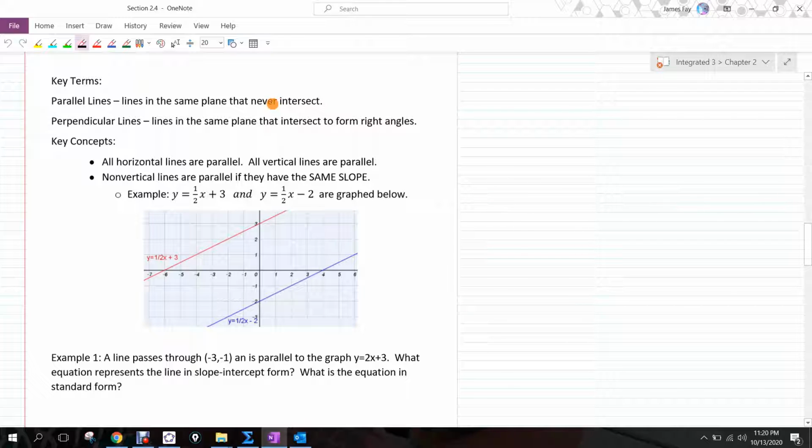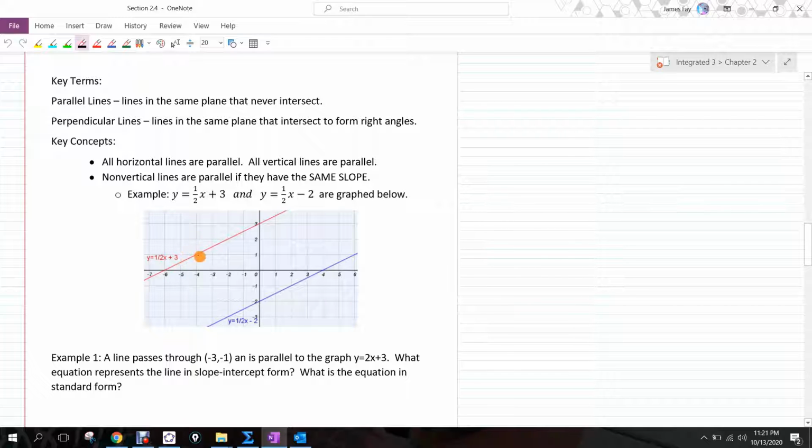Parallel lines never intersect, and the distance between them is always constant, because they share the same slope. The way one line's rise over run compares to another line's rise over run is that they change in the same manner. Okay, so